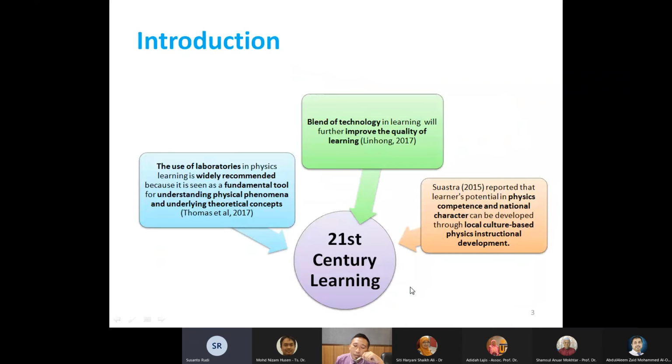In 21st century learning, the use of laboratory in physics learning is widely recommended because it is seen as a fundamental tool for understanding physics phenomena and the underlying theoretical concepts, as stated by Thomas et al. in 2017. Moreover, a blend of technology in learning will further improve the quality of learning, by Lin Hong et al. in 2017 too. And in addition, Swasta in 2015 reported that learning potential in the physics component and the national character can be developed through local culture-based physics